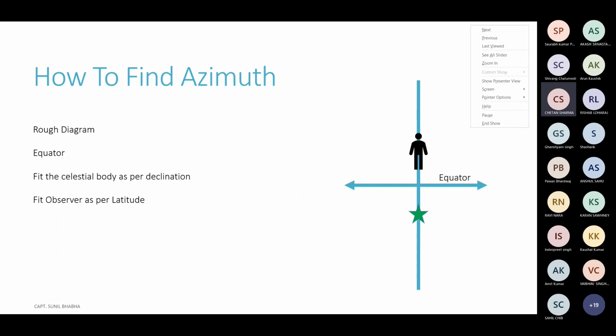ये बेटा रफ डायग्राम दिख रही है एक? हाँ सर, ये आपने इक्वेटर रख दिया, स्टार रख दिया साउथ में, नॉर्थ में लैटिट्यूड में ऑब्जर्वर रख दिया। वेरी गुड। सो हमने स्टार को फिट किया एज पर द डेक्लिनेशन ऑफ द स्टार और ऑब्जर्वर को फिट किया एज पर द DR लैटिट्यूड ऑफ द ऑब्जर्वर। ये दोनों चीज़ें हमें क्वेश्चन में मिल जाती हैं, डेक्लिनेशन फ्रॉम द एल्मनैक, DR लैटिट्यूड गिवन टू अस इन द क्वेश्चन।